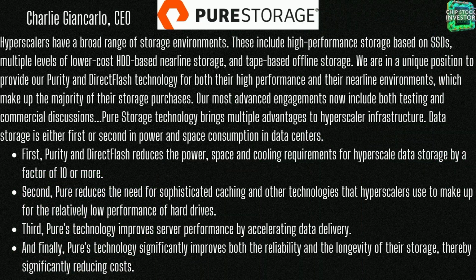I think everyone would like to hear you talk about that a little bit more. You put this together earlier this year. These are some comments from CEO Charlie Giancarlo talking about some of the challenges Pure Storage has to solve first before they can land some big deals with some of these hyperscalers like AWS and Azure and so on. Currently, hyperscalers are spending a lot of their capex on getting those AI systems, those logic chips, accelerated computing. But shifting to flash storage from the traditional hard disk drive will make sense. As Giancarlo mentioned, he said that this direct flash that Pure Storage provides reduces the power, space, and cooling requirements for a hyperscale data storage, which all of those things, power, space, and cooling, are very important, especially with these